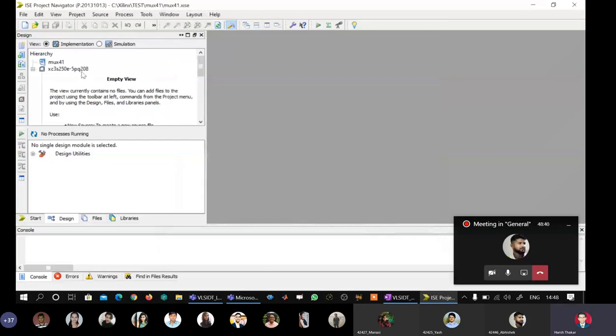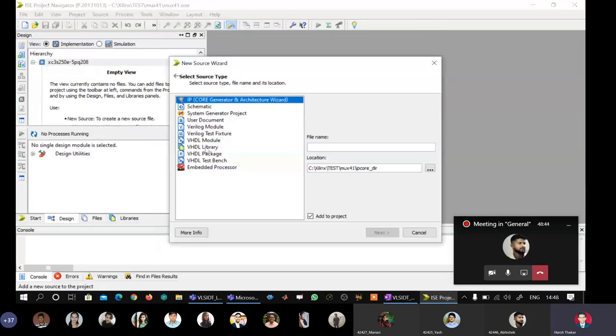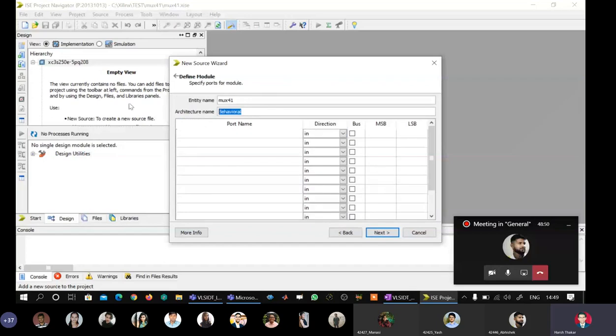Okay, so here I go to the target line. I will say right click, new source. I will say I want to make a VHDL model. From the clipboard comes here, the entity name MUX41. Here I replace the architecture name from behavioral as entity name underscore arch. And here I will write all of my input signals of multiplexer I0, down arrow, I1, down arrow, I2, down arrow, I3, and here S.